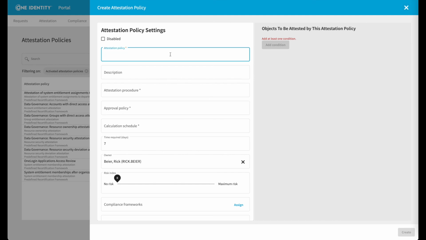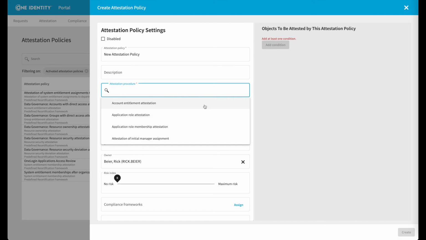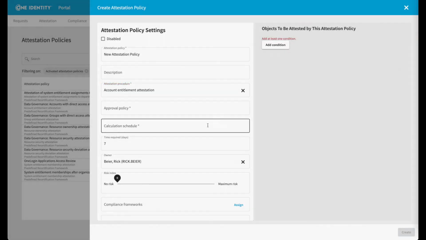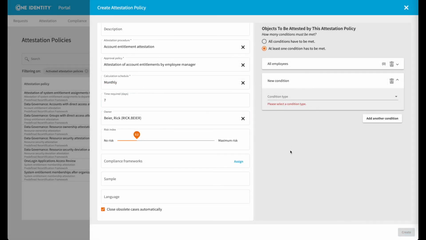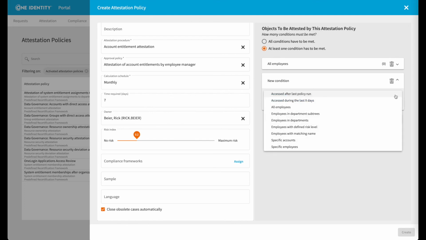Identity Manager isn't only limited to a small number of canned access review types, but it comes out of the box with dozens of different types of attestations and can be extended to include any number of custom attestation policies and even build them on the fly from the web interface.